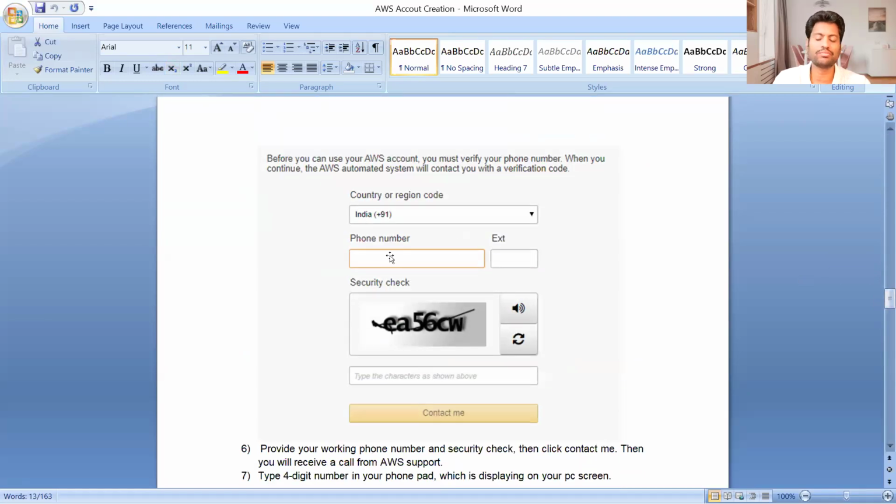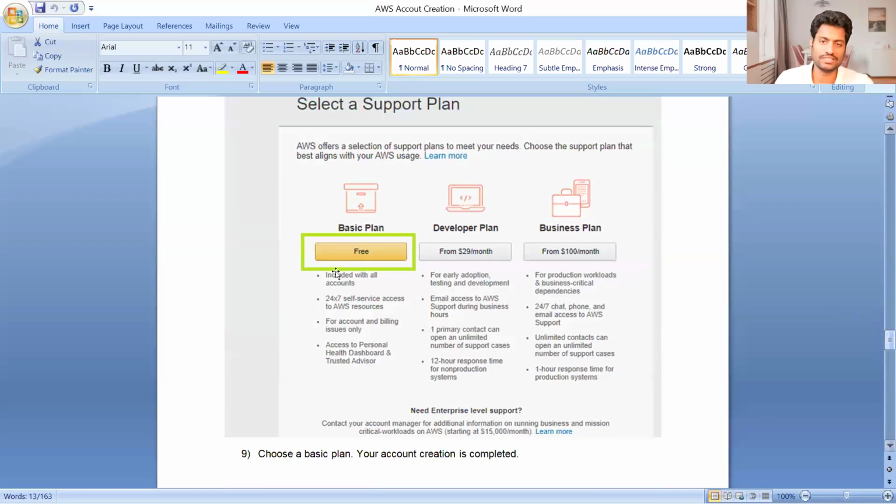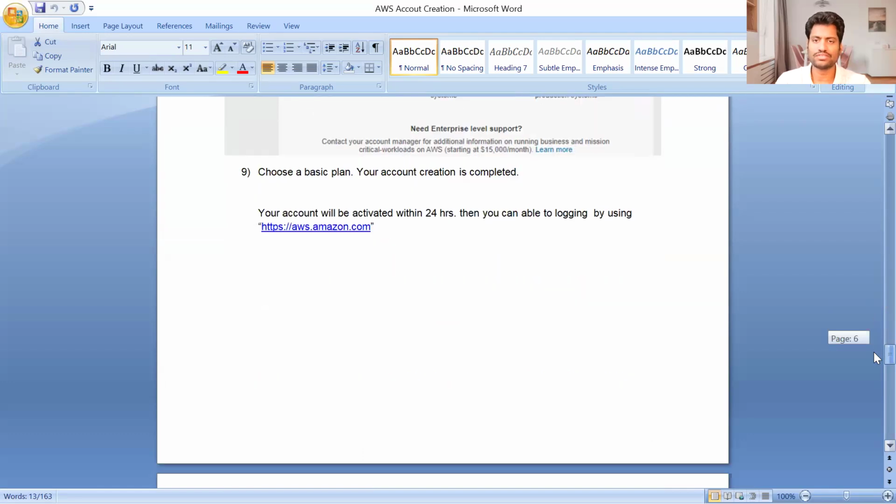The next step is phone number verification. Please provide a working phone number, and once it is captured and you choose contact me, you will receive an OTP. Provide the OTP and your phone number is automatically verified. Once it is verified, please choose the basic plan. Don't go for the developer plan or business plan. They are charged monthly and it will be heavy for you. You can't bear it as a student. Please choose free. Once you choose free and scroll down, by choosing the basic plan,